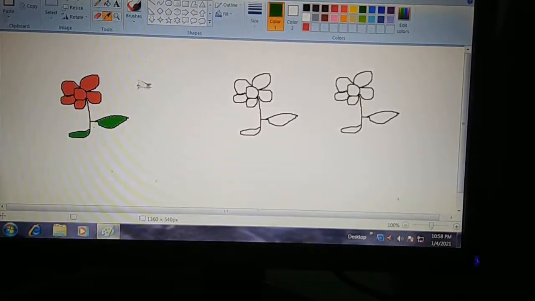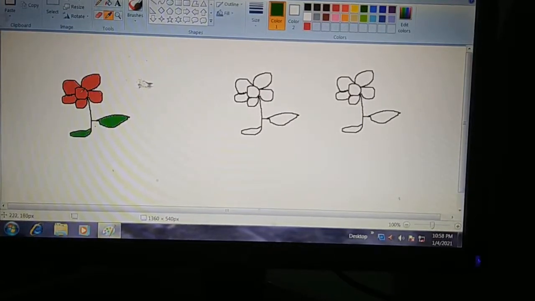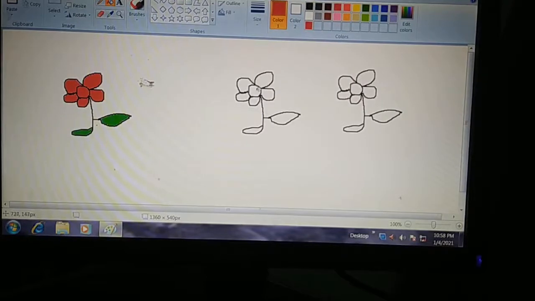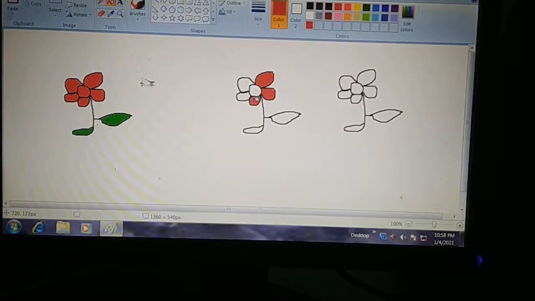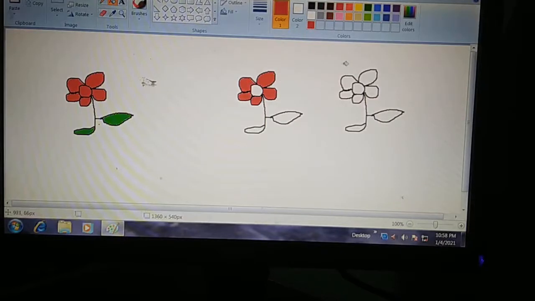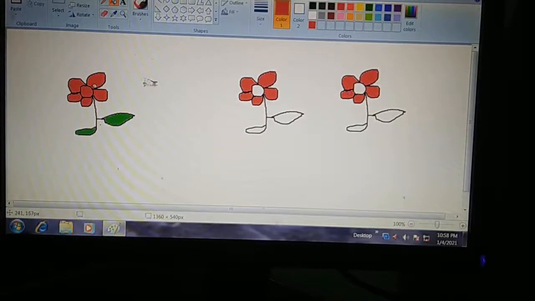So with this dropper we will pick a color, this one. Picked. This color we have picked. Now this same color we can fill here. So the color picker picks color from the drawing. We need not go to the color box, the color group. We can pick color from the drawing.